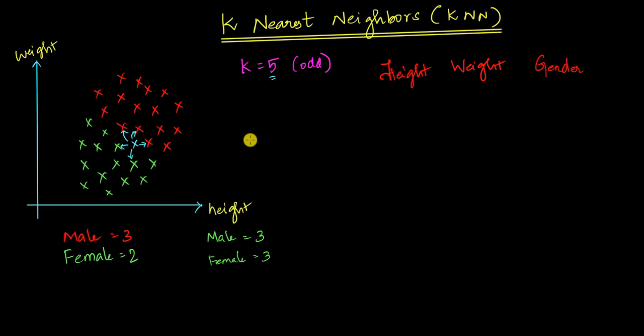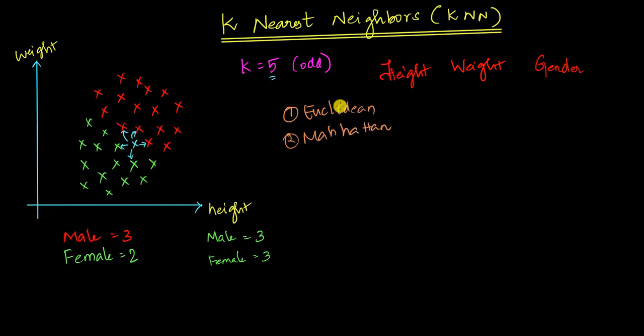And one more thing that I would like to discuss is that I told you we are going to take the closest points here. But how are we going to find that this is the closest point? That is going to be done by the usage of 2 distances. You can either use the Euclidean distance or you can use the Manhattan distance. So these are the 2 types of distances that we can go for to find the closest points.